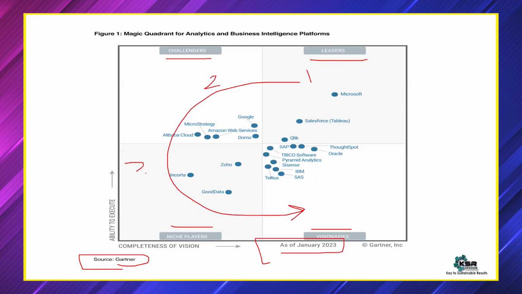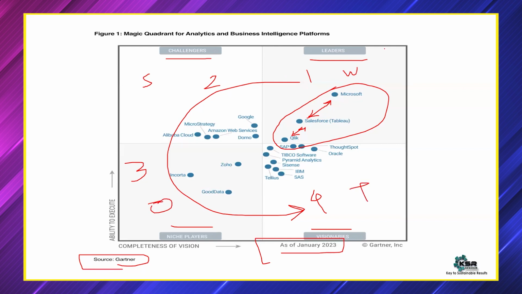1, 2, 3, 4. Now, in the leaders segment, we have 3. And the gap between Tableau and Microsoft is more. Now, this we have seen in the demo. But why am I showing it now again? Now, it's a kind of SWOT analysis. Yes, it can be a SWOT analysis: strength, weakness, opportunity, and threat. But see, in case of SWOT analysis, you will write somewhere here strength, somewhere here weakness, somewhere here opportunity, and somewhere here threat.